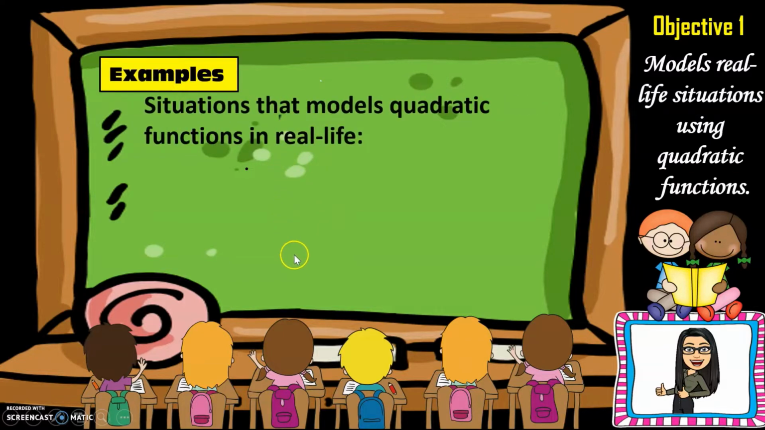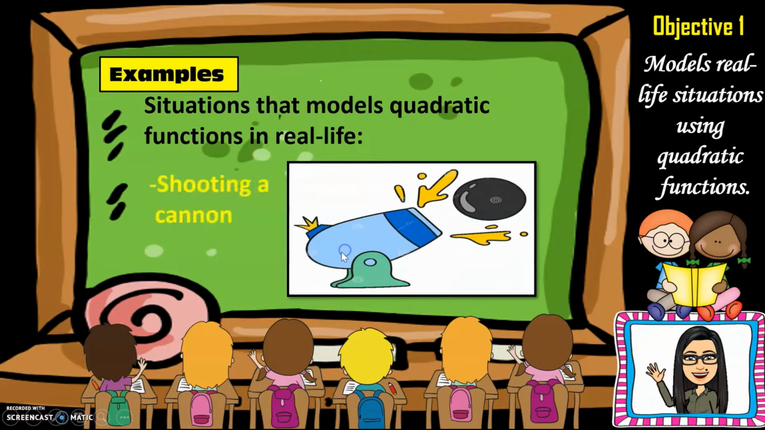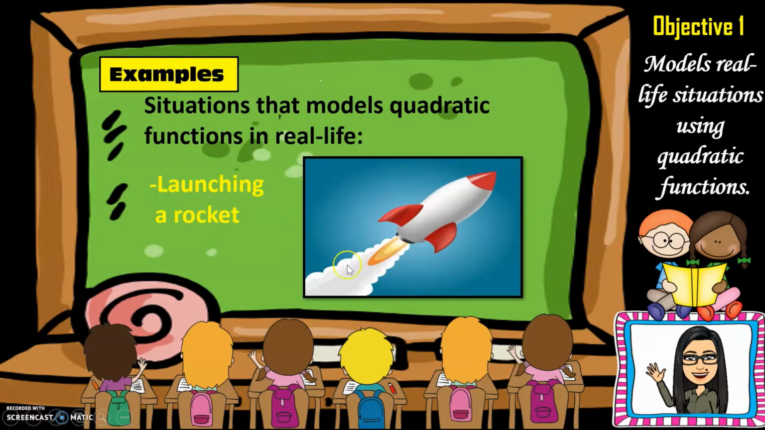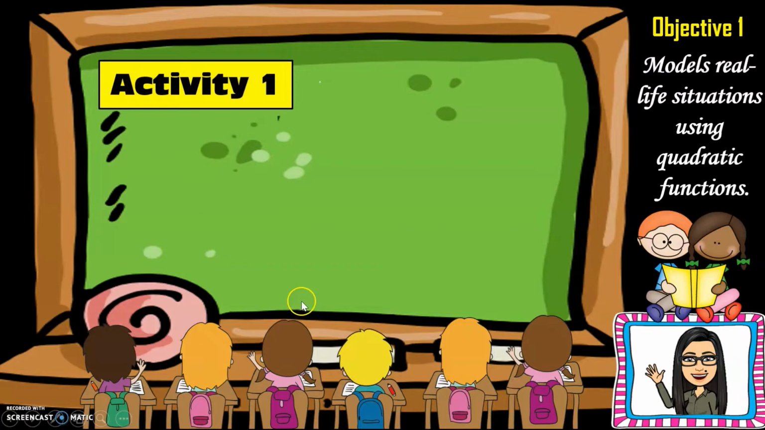So these were some situations that model quadratic functions in real life. First, throwing a ball. Second, shooting a cannon. And the third one, launching a rocket. So as you can see, when we do such things like launching a rocket or throwing a ball, it can form a parabola. Since na-familiarize na kayo regarding sa iba't ibang situations that model a quadratic function, let's try our first